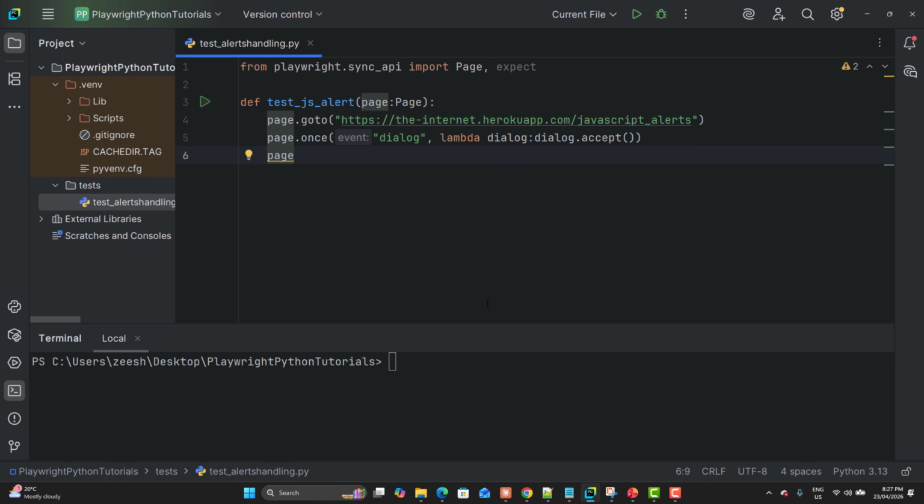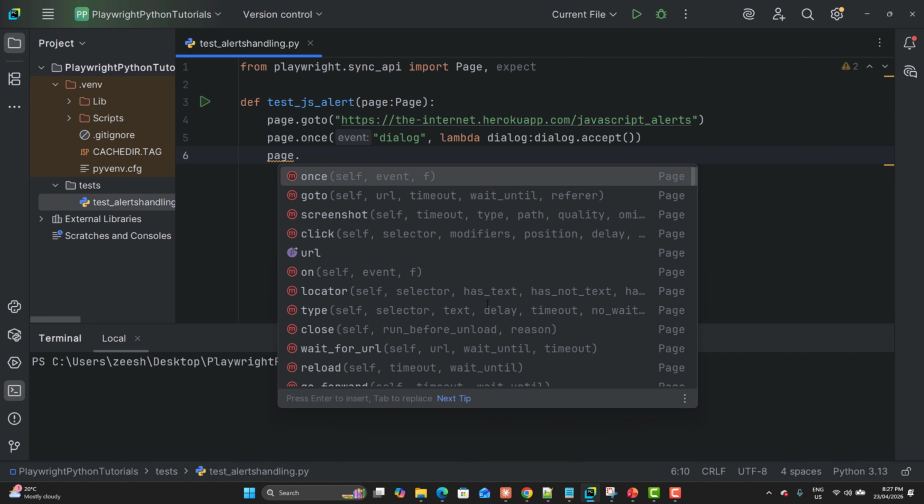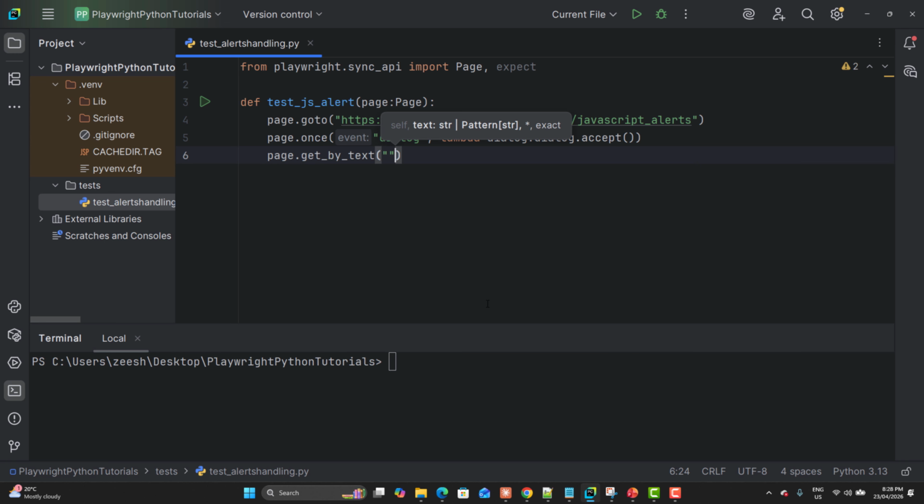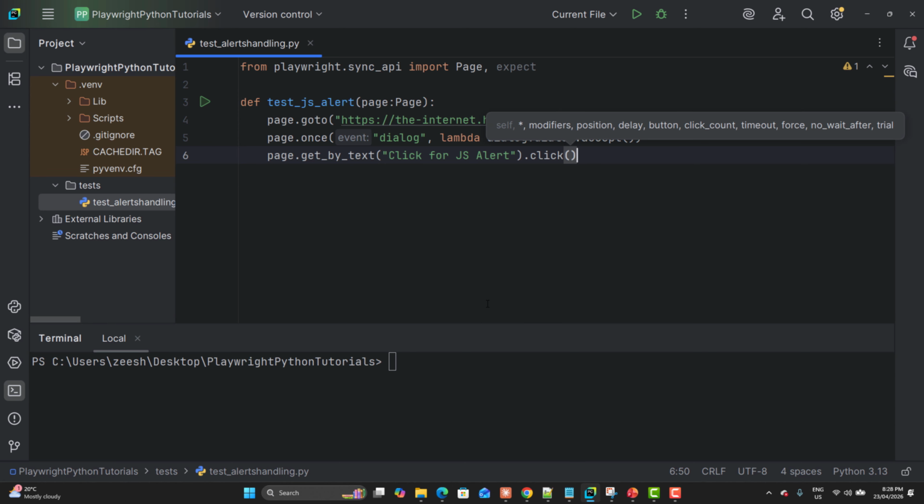We will basically identify this button and click on this button. This button triggers the JavaScript alert, right? So page.get_by_text, and the text is basically "Click for JS Alert". What we need to do is click on this one, and once we click this thing,